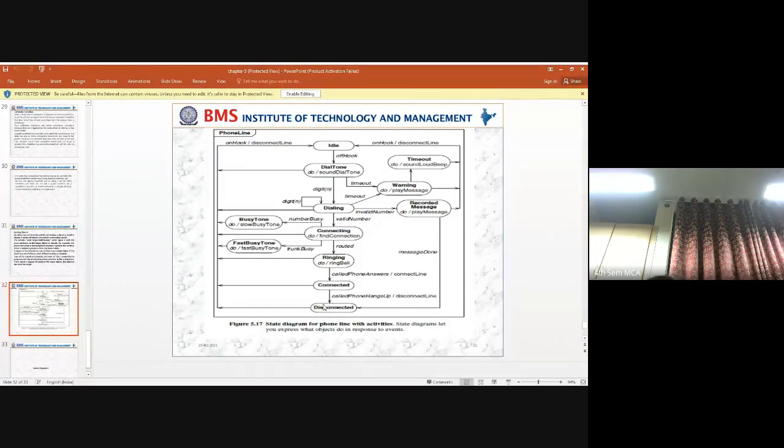Once the call is disconnected, again it is a loop. The phone will go back to the idle state. So this is how we identify the nested activity within a state diagram.